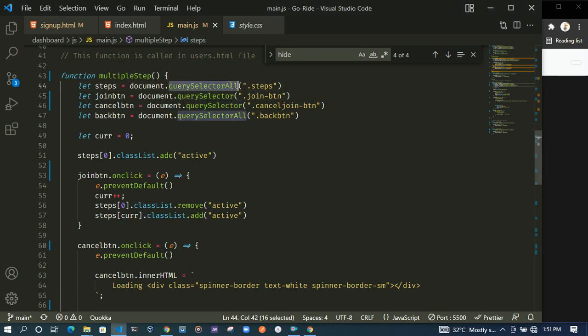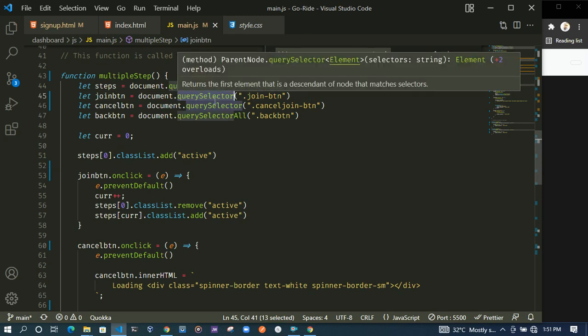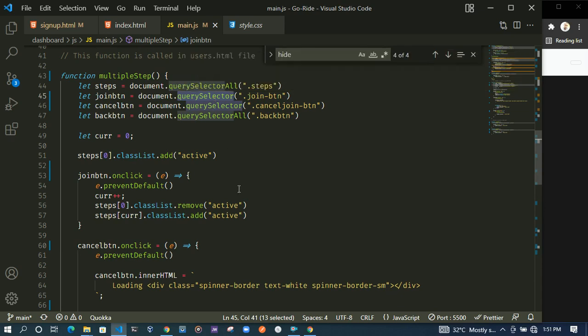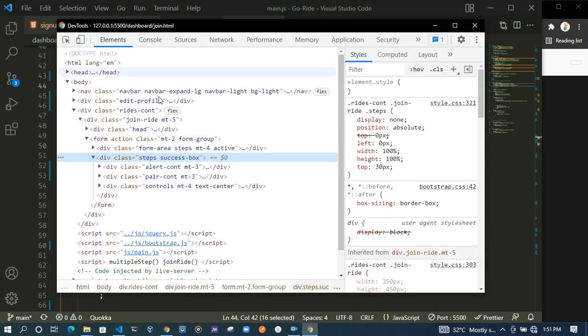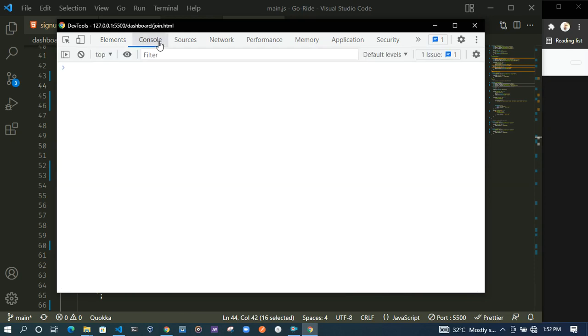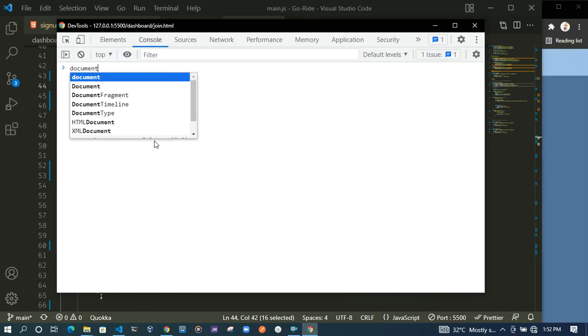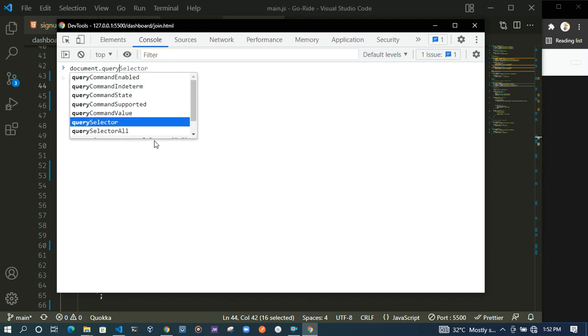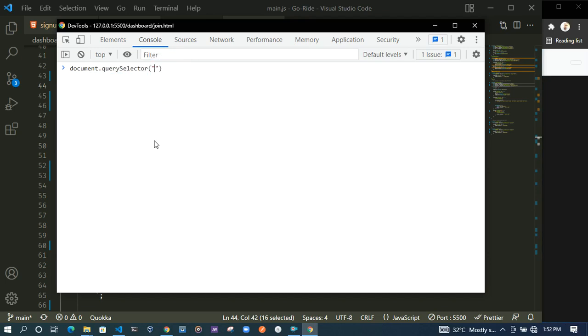What's the difference between querySelectorAll and querySelector? Well, querySelector is actually used to select one single element or tag in the DOM node tree, while querySelectorAll is used to select all elements with that tag name. Remember that these steps have more than one tag. It has two different div tags here, which is 1 and 2. So if we make use of document.querySelector followed by the class name of the steps,